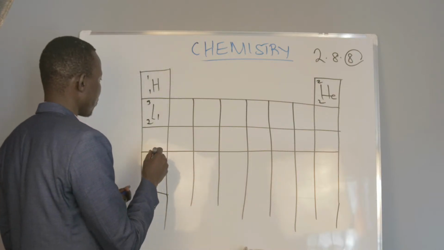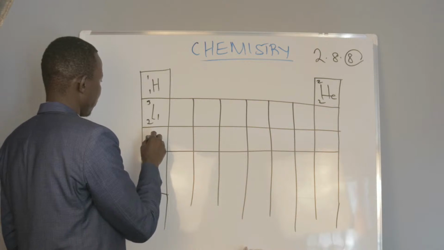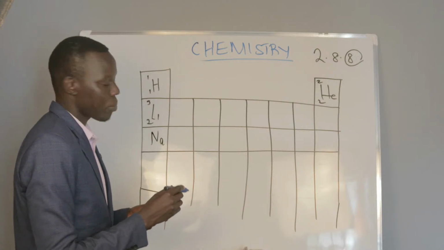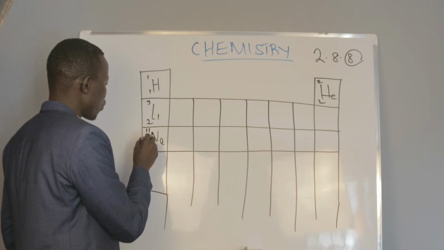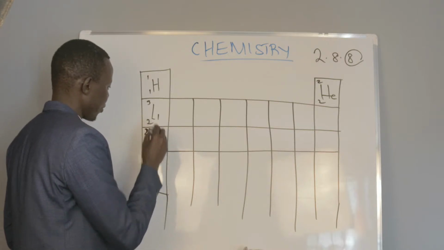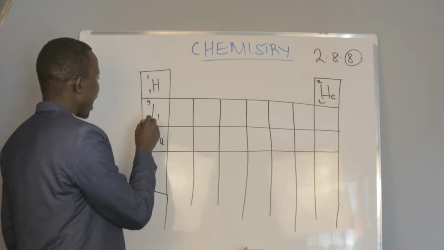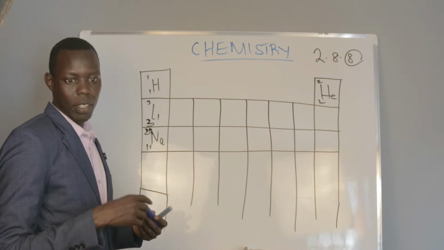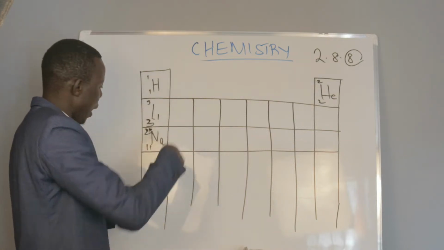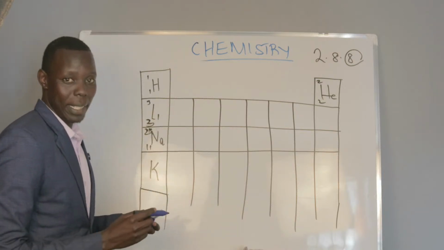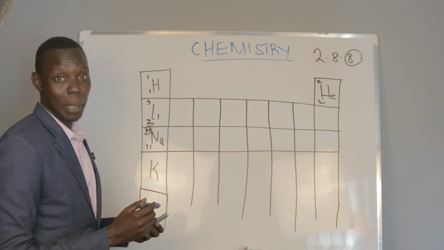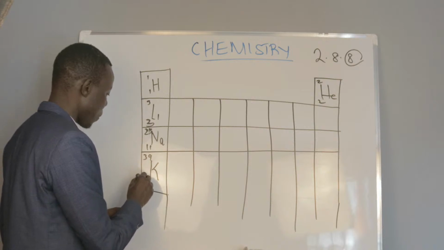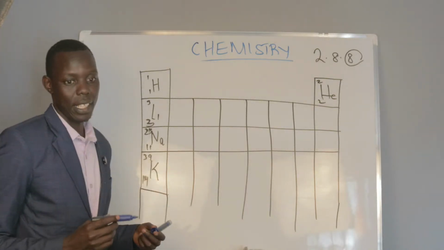Then we have sodium. Sodium is Na. And this sodium is 11, no, this is 23, then 11. 23, 11. And here, sorry, this is 3 also. The other thing again, beryllium. So now, okay, sorry, below here is potassium. What is the mass number of potassium? Potassium has 39. I will write 39 here and 19 here. That is the atomic number.